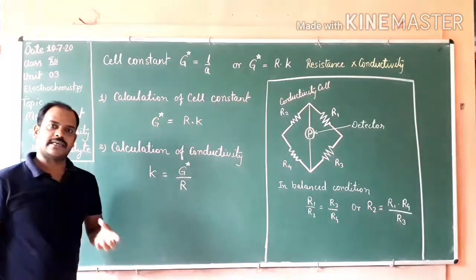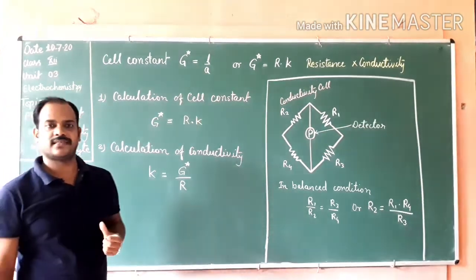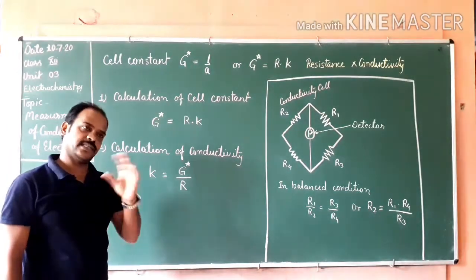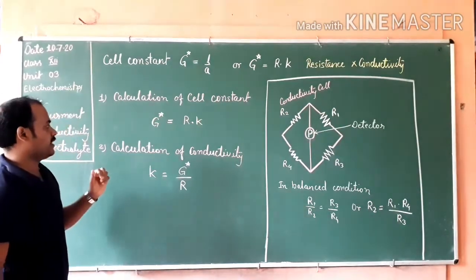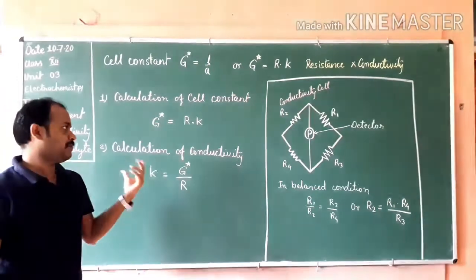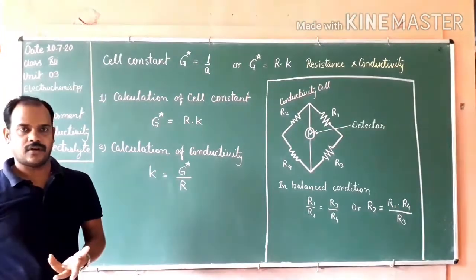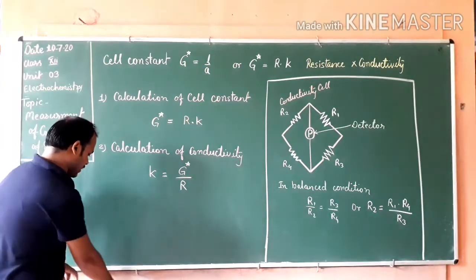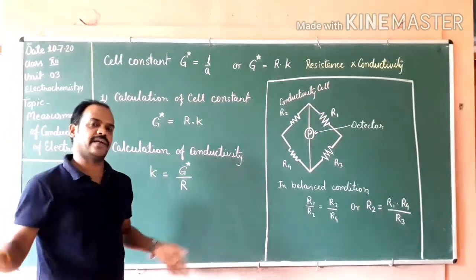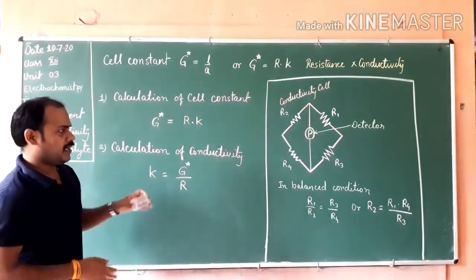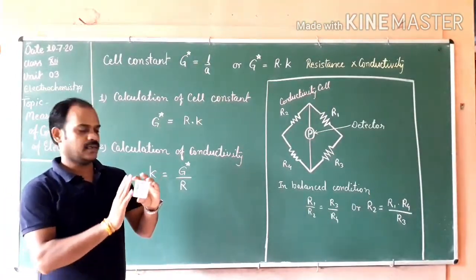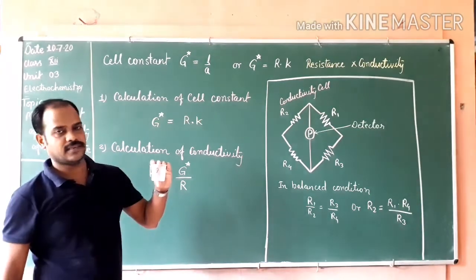To calculate the conductivity of a solution, a device known as a conductivity cell is used. By using this conductivity cell, we can calculate the conductivity of any solution. So how can we use that device or setup? The conductivity cell is just a structure, and different types of conductivity cells are available in the market. Here I am just assuming that this beaker is the conductivity cell.